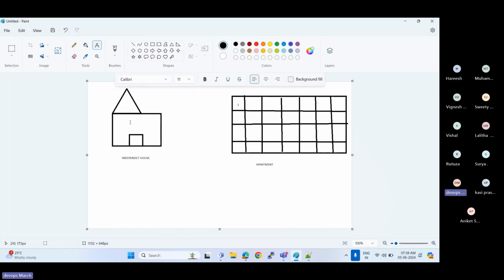This is the container example, this apartment. Yes. Physical server is the individual house, virtual server is the apartment. Clear, right? In the apartment case, you don't need to do the setup completely, you already have that setup. You can simply switch to some other house. In the individual case, in the physical server approach, you have to do the setup, and only then can you switch to another house. That takes time, and cost is high.